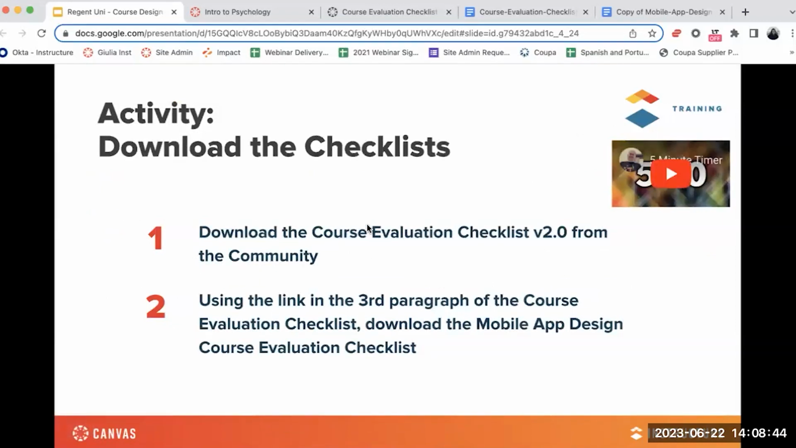I'll give you a few minutes to download the checklist and also log into Canvas. So if you haven't already, I will invite you to log into Canvas right away, because as we get started, we'll use the checklist and use one of our courses to make sure we are addressing those course evaluation points. All right. So give us about